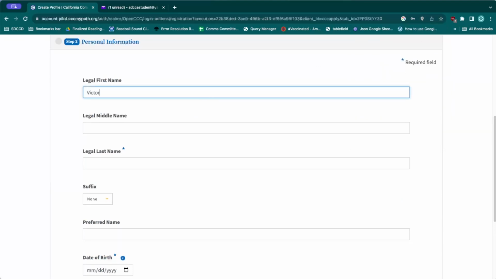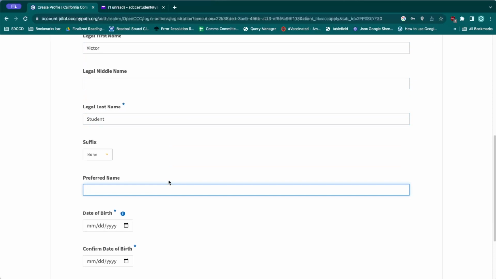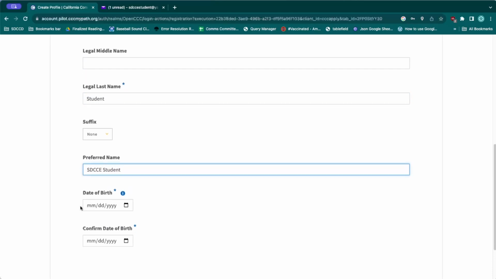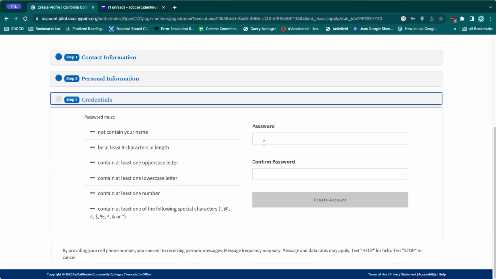Then we will type in our name. Preferred name if you do have one. Date of birth. And then finally, we're going to go ahead and create your account password.